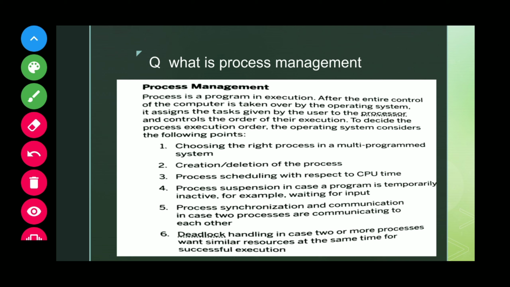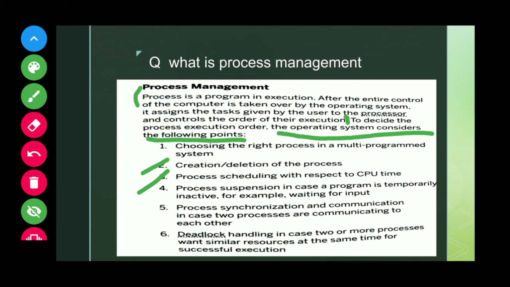Here you have to write a small answer instead of this. So first I am just marking this. First you have to start from process till execution, you have to write. Then you have to write 2 points, any 2 points. The operating system considers the following points. Okay, so what are the 2 points? First, process creation and deletion, and process scheduling with respect to CPU time. These are the 2 important points. Or you can write all if you want.